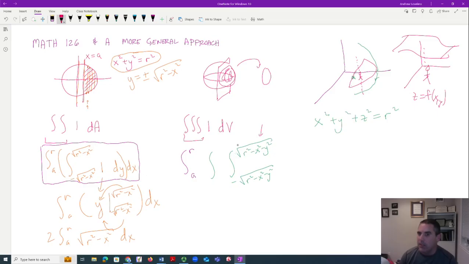This isn't quite mowing the lawn because it's in 3D. So we say, okay, this is how high you can go. And then we're back to describing something in 2D. Now we'd like to talk about all the places we can stand. And this will look exactly like this. So it'll look like negative the square root of r squared minus x squared. And you can start to see how maybe we can generalize this. And then we say dz, dy, dx, and then we iterate an integral, and that will give us the same thing